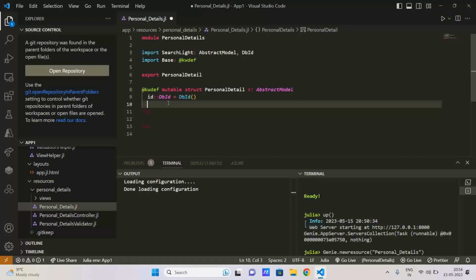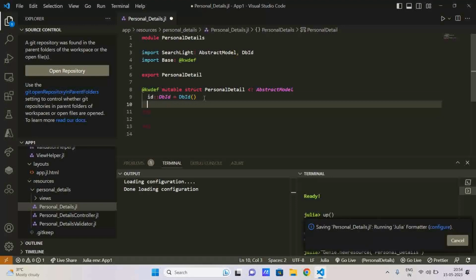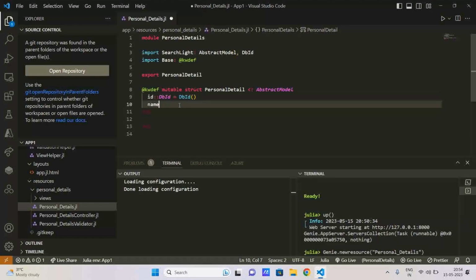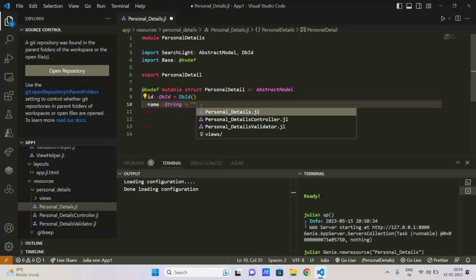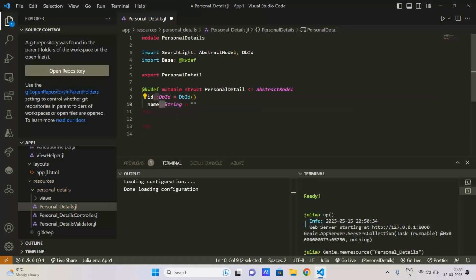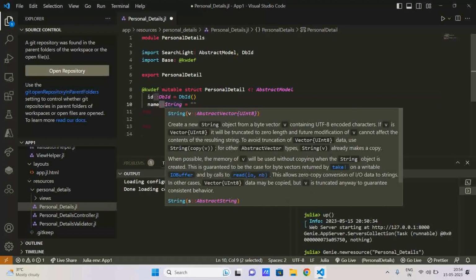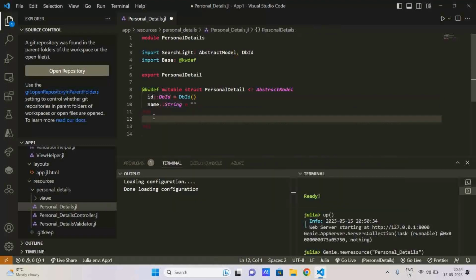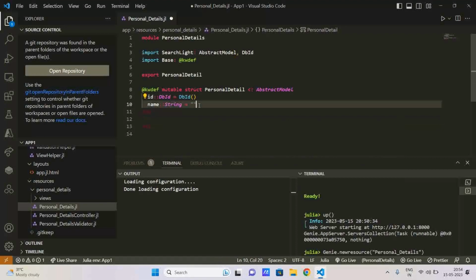So here you can define your variables. For example, for now I'll just give one variable, that is name. So name is equal to this, like you have to mention what type it is. Like in the initial video I have mentioned how to define a variable. This is how you define it, like what type it is. So it is of type string and is equal to double quotes string, meaning we're just mentioning its initial value is